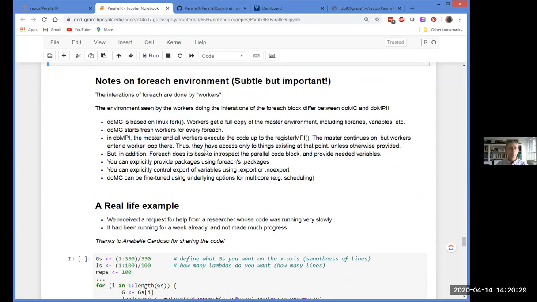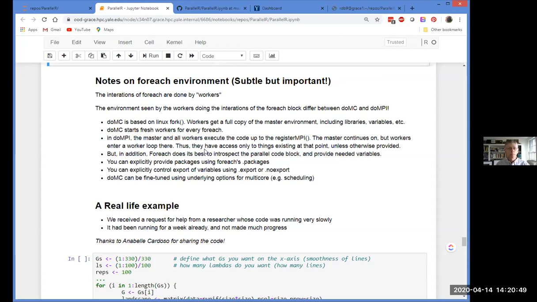I just want to say a few words about the environment that foreaches see. The kind of amazing thing about doMC is that so much works automatically because doMC is built on top of fork that you kind of don't have to think about any of this stuff.